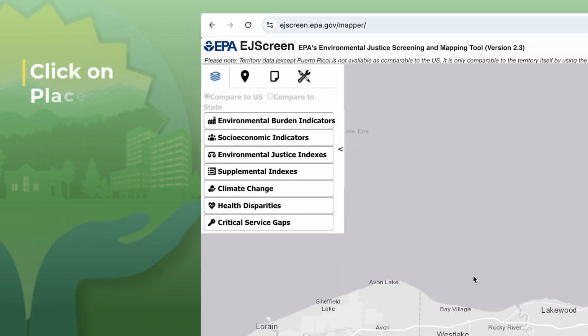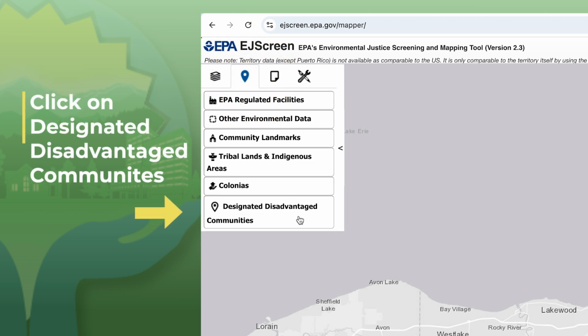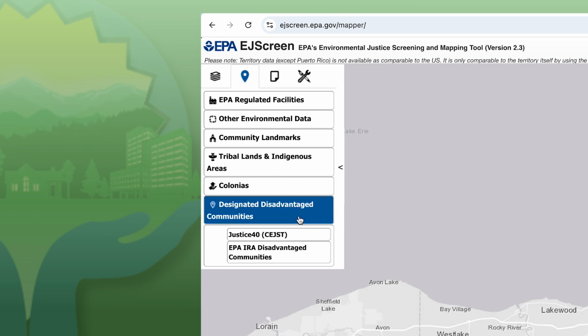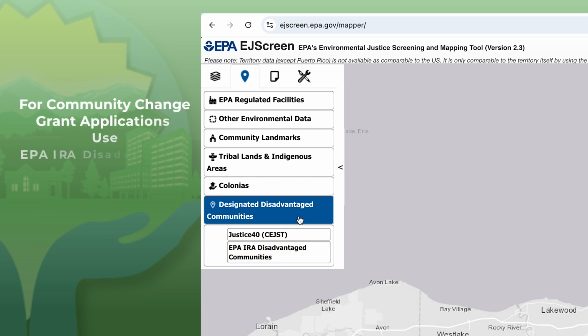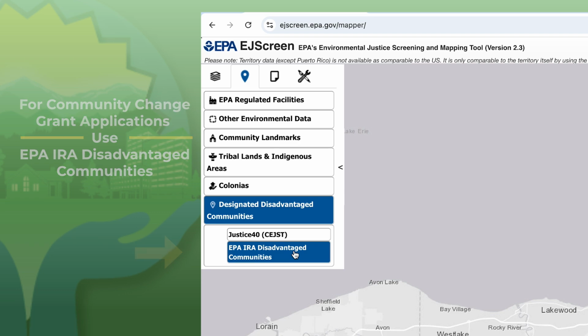Once you get to this page, click on the Places tab. Then, when the drop-down appears, click the last choice on the list, Designated Disadvantaged Communities. Then you have the option to add either Justice 40, CJUST, or EPA IRA Disadvantaged Communities layers to your map. For your Community Change Grant application, you'll need to add the EPA IRA Disadvantaged Communities layer, which includes communities designated